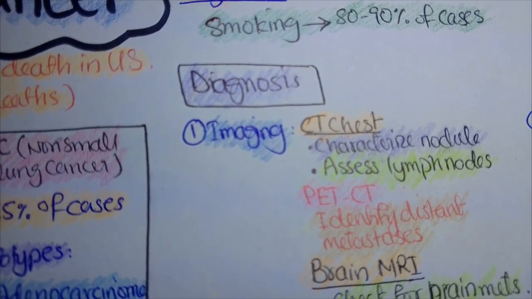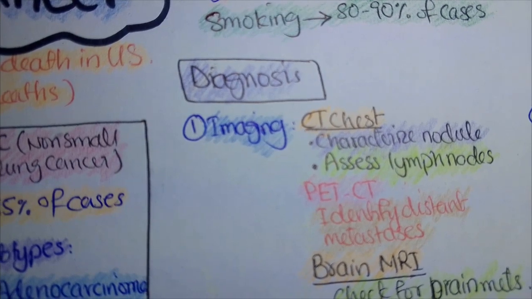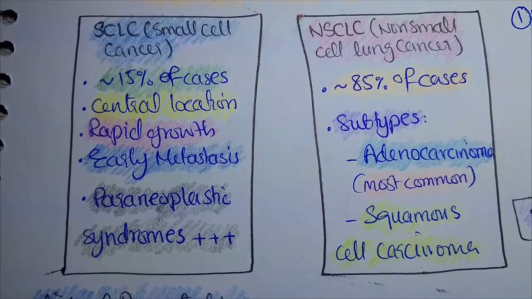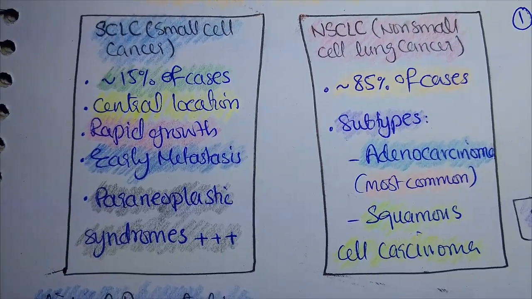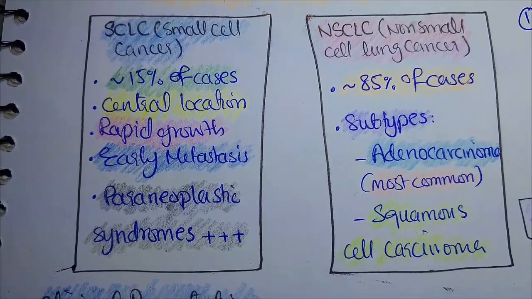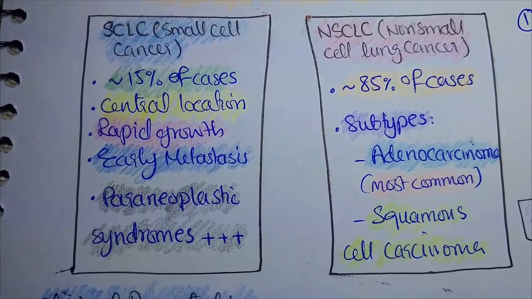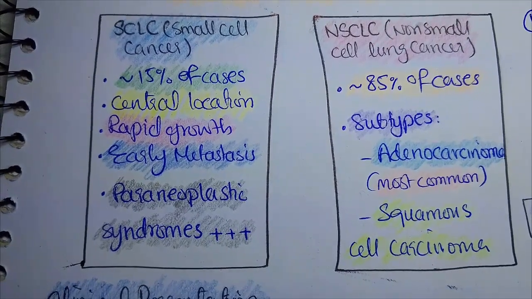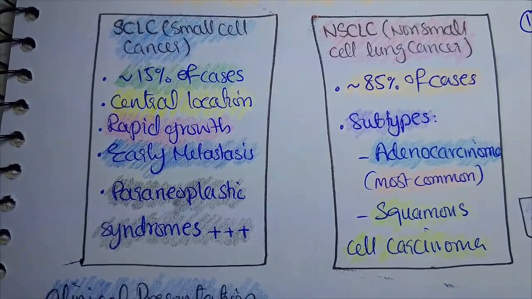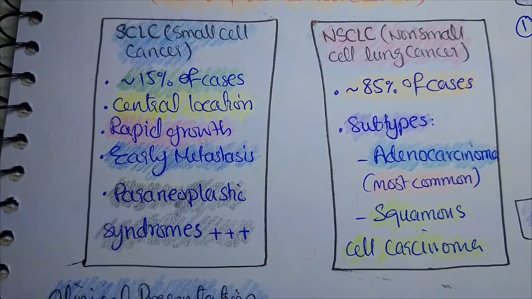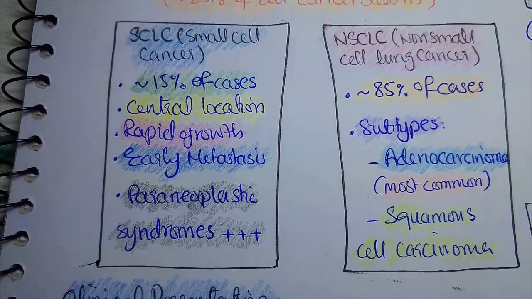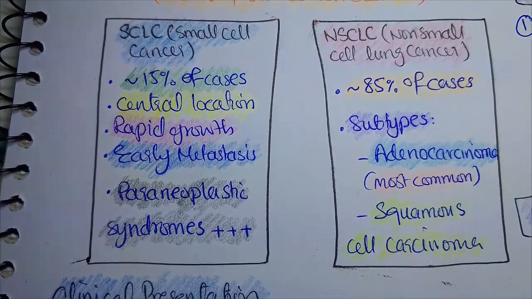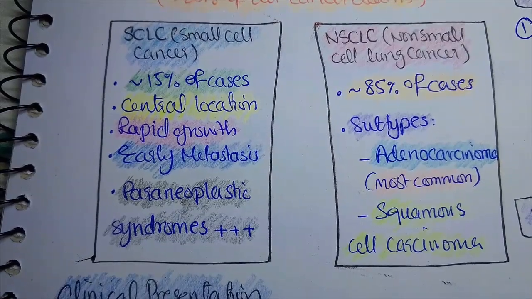Lung cancer divides into two main types: small cell lung cancer and non-small cell lung cancer. Small cell lung cancer is aggressive, grows rapidly, and metastasizes early and is strongly associated with paraneoplastic syndromes. It's typically centrally located, whereas